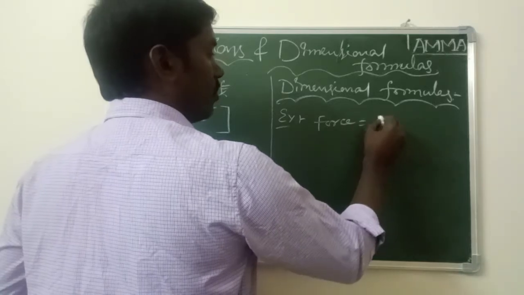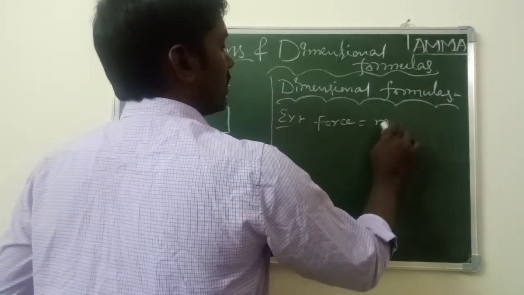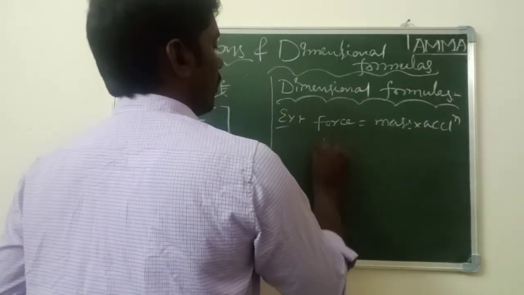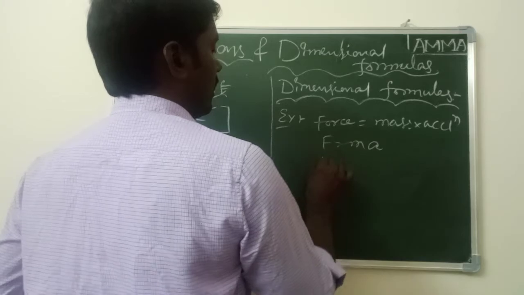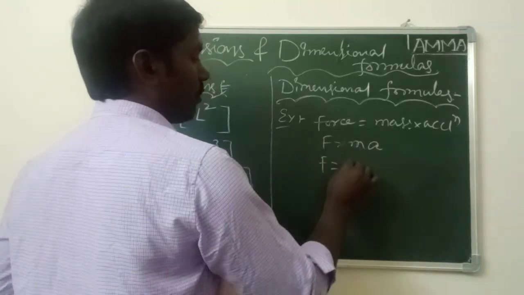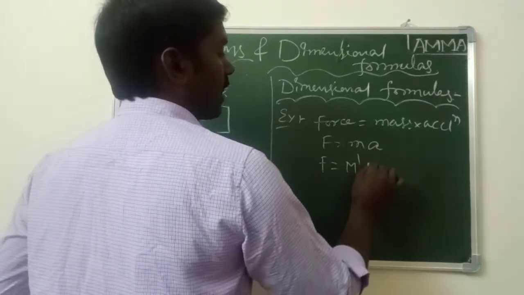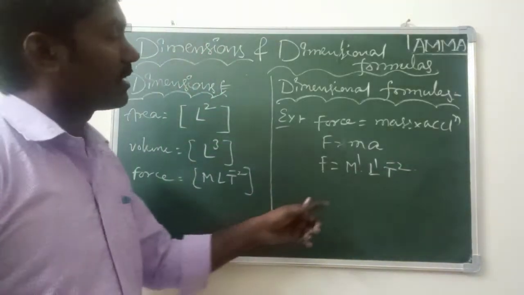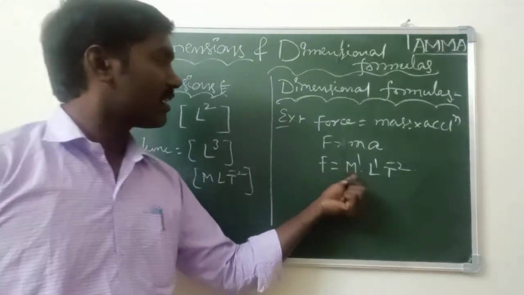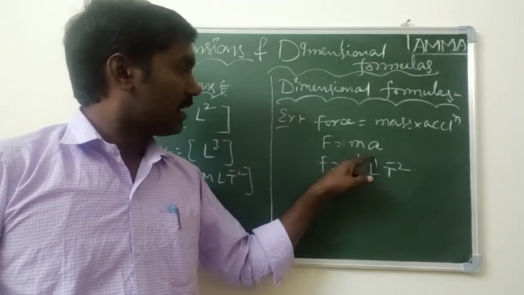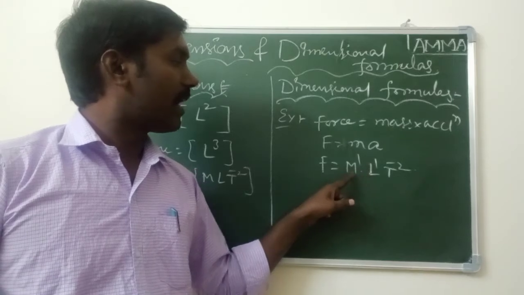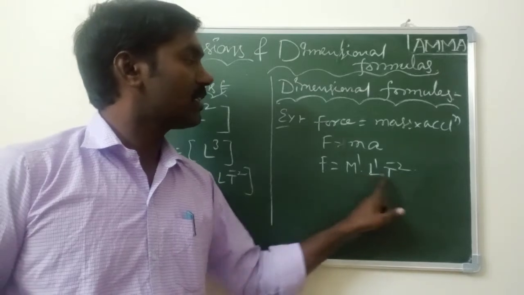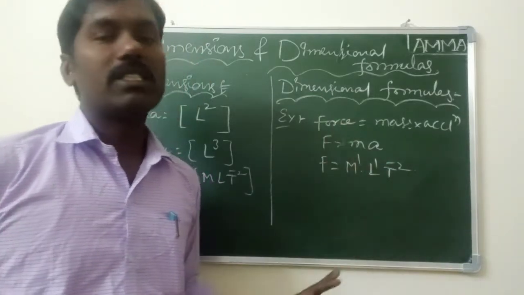What is the general formula of force? Mass into acceleration, so F is equal to ma. The dimensional formula of mass is M1 and of acceleration is L1 T minus 2. So students, in this case, dimensional formulas means the dimensions, the powers of the respective basic physical quantities,